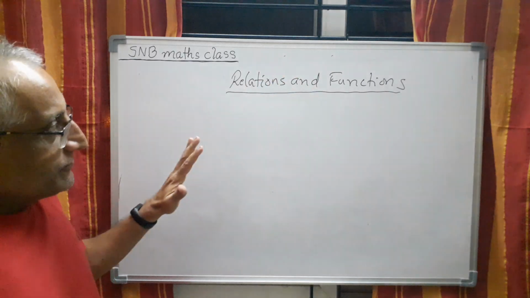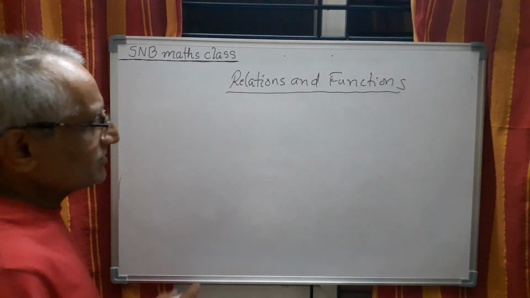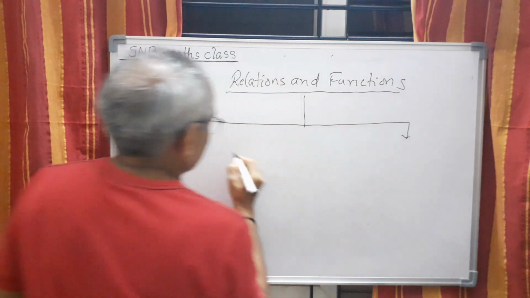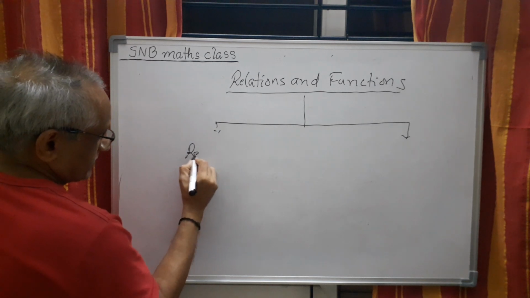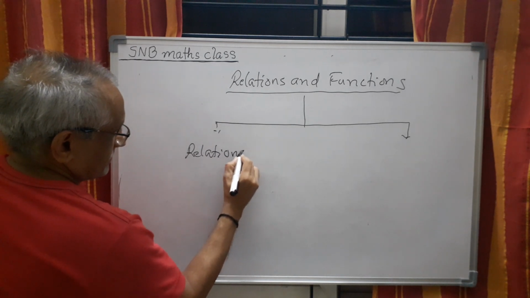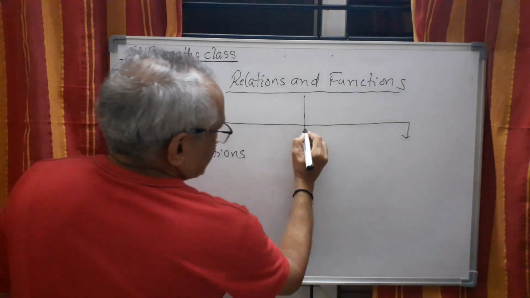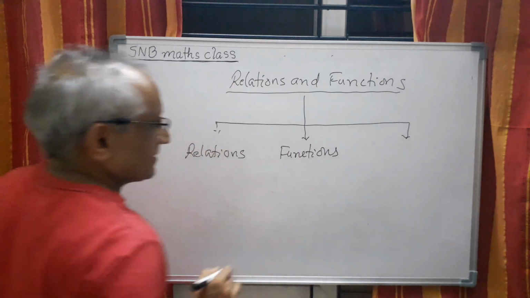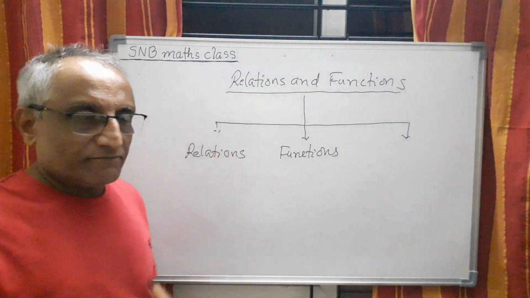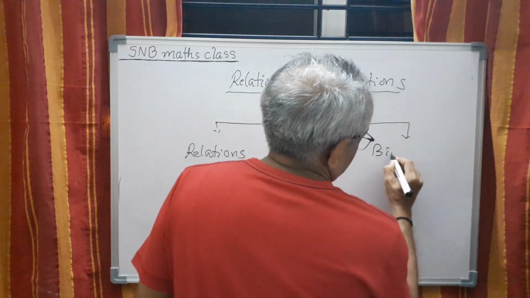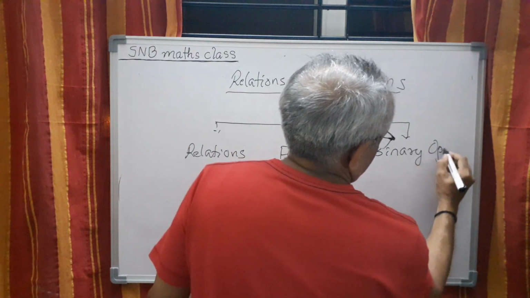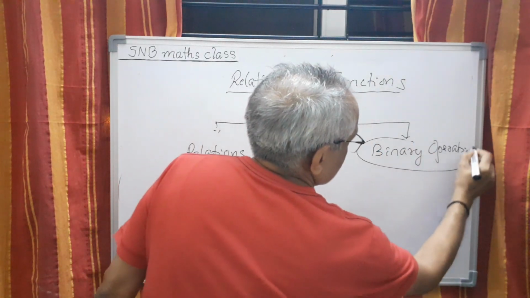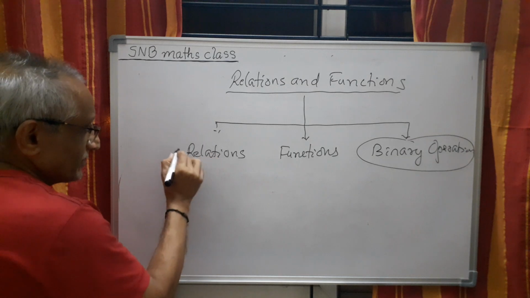In the beginning, let me give you what is there in this chapter. Actually, there are only 3 important concepts which are discussed here. One is relation, which you have studied last year. Relations. Same thing we are continuing. Second one is functions. Same thing, continuation of the functions we studied last year. Here, binary operation. So this is of course a new concept which you have to study. These two are actually already started.